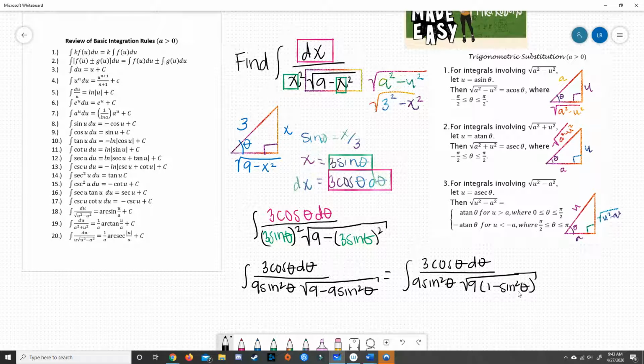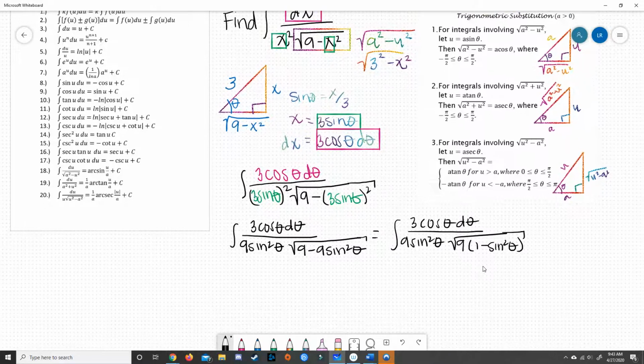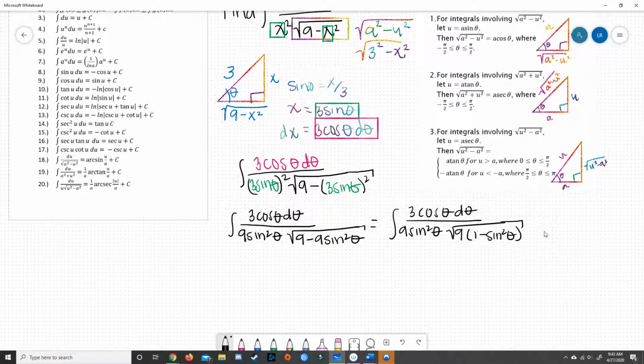That's a Pythagorean identity. And the Pythagorean identity states that 1 minus sine squared of theta is really the same thing as cosine squared of theta. And so this is going to be 3 cosine of theta d theta,